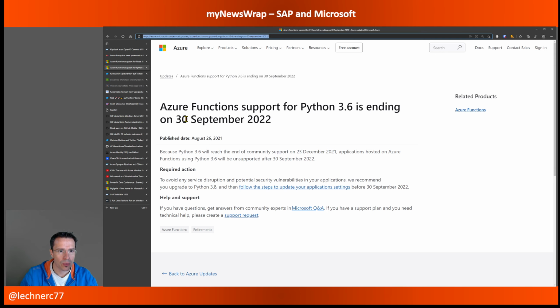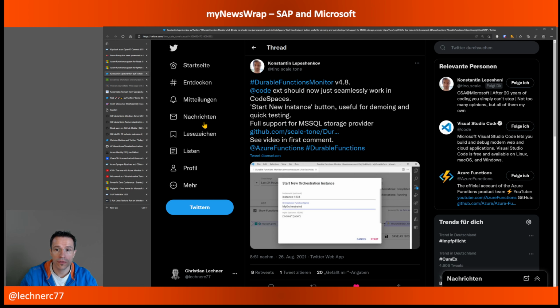Then, one update from the area of the Durable Functions Monitor. Konstantin brought out a new version, and with this new version, the Durable Functions Monitor is now seamlessly working with Codespaces. It also now supports the new storage provider for durable functions, namely Microsoft SQL, so MS SQL.